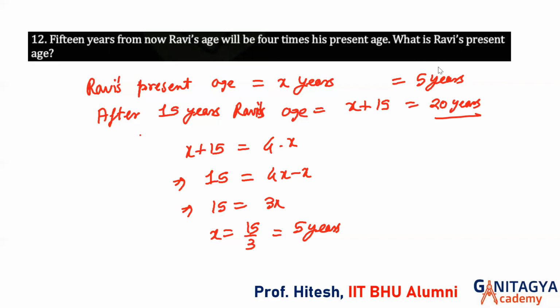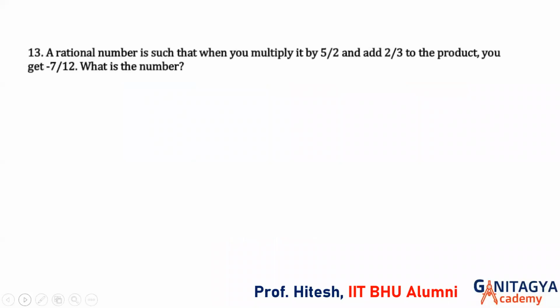Okay, very nice. Chaliye. So the next is, this is today's last question. So what is the question? A rational number is such that when you multiply it by 5 by 2 and add 2 by 3 to the product, you get minus 7 by 12. What is the number? Okay, so first of all, let us say the rational number be